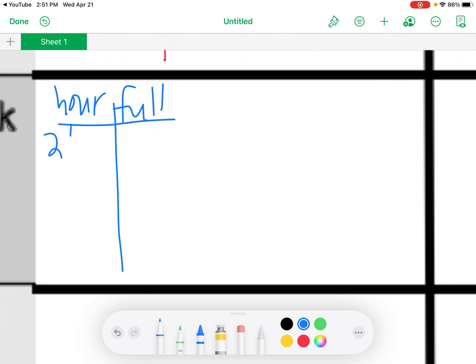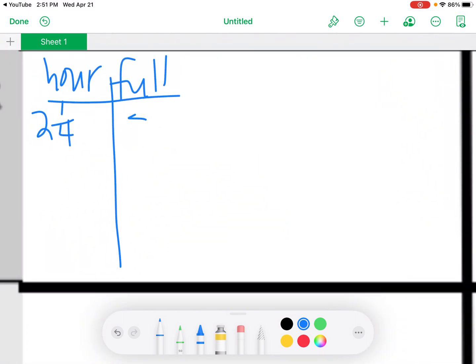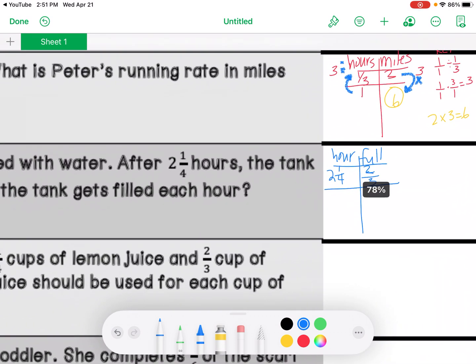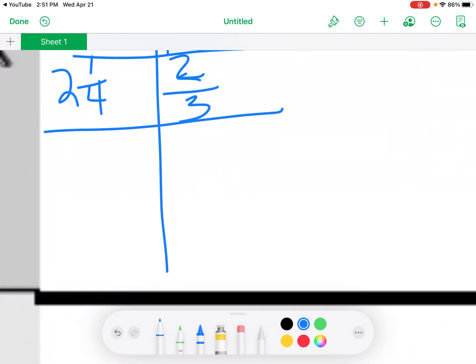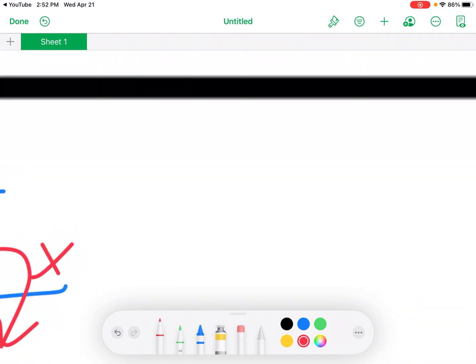So it's 2 1/4 hour, and it's 2/3 of the way full. Yep, 2/3 of the way full. They want to figure out how much it gets filled each hour, so the 1 goes there. So I'm going to divide going up, multiply coming down. So I'm doing 1 divided by 2